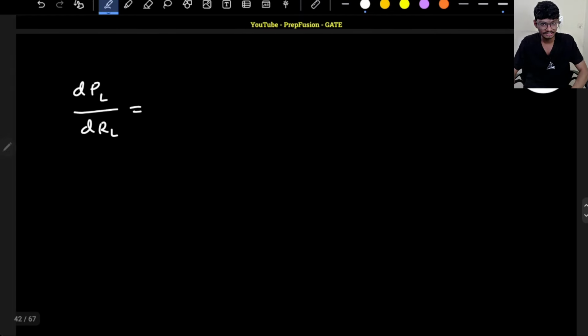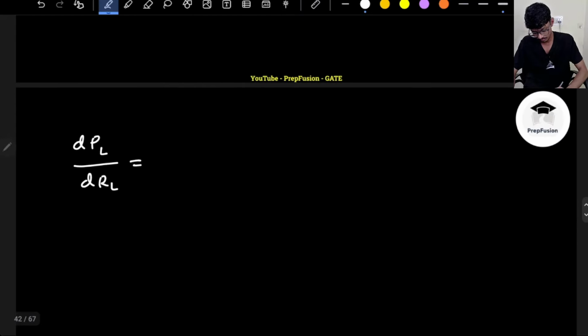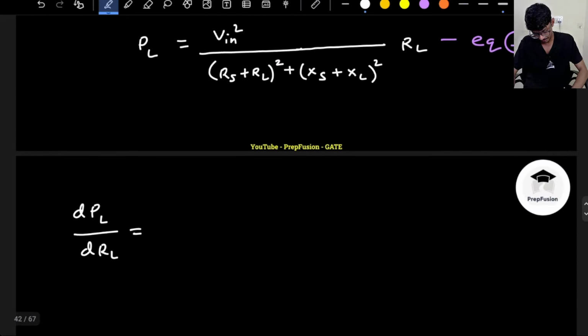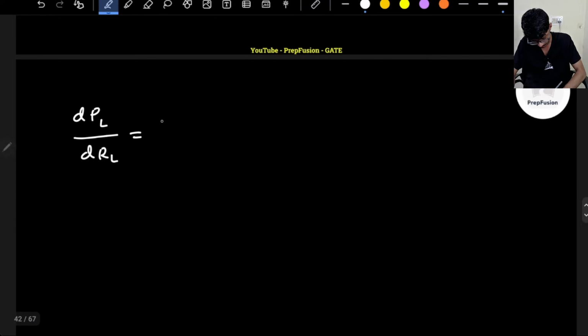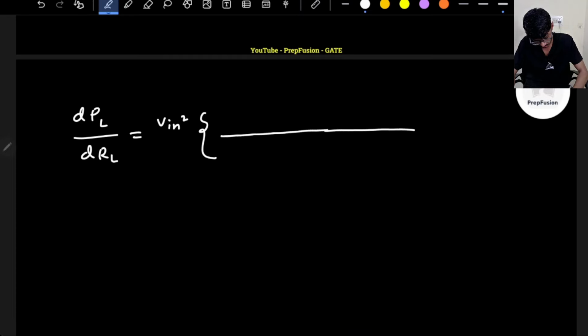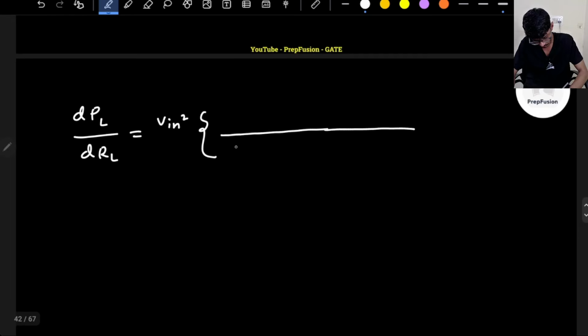So V in square is constant, right? V in square will come outside, and this will be in the bottom RS plus RL whole square